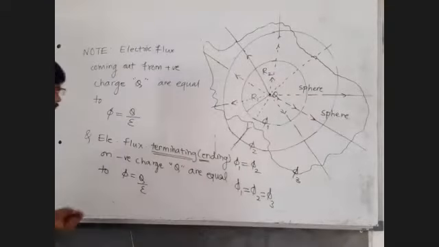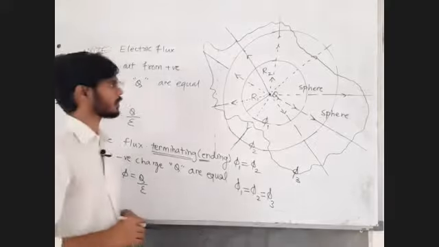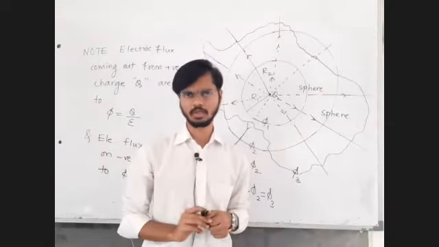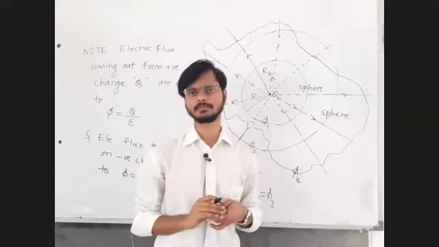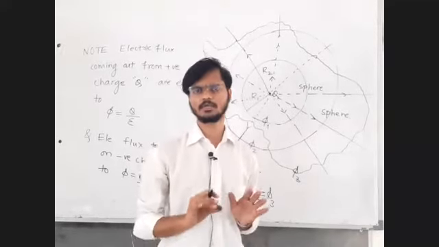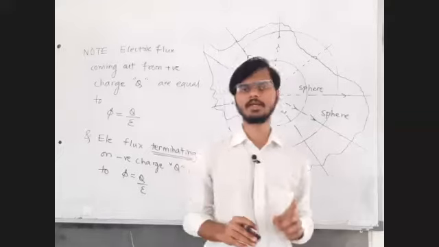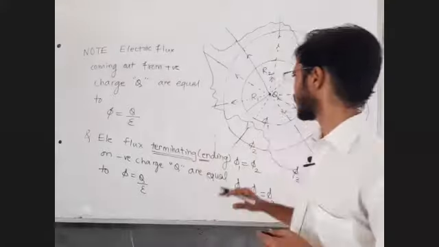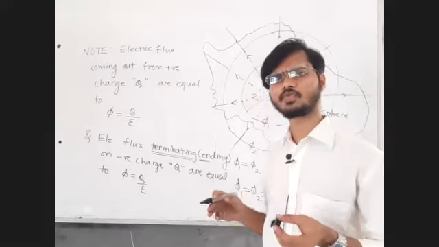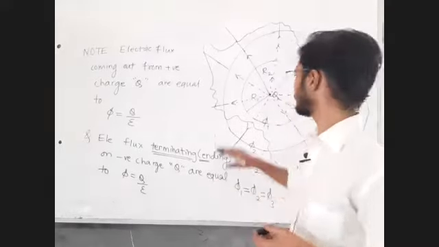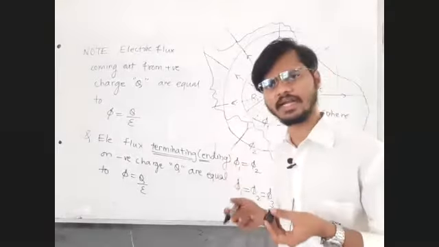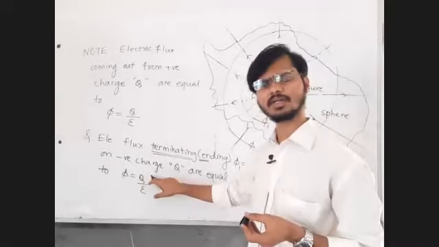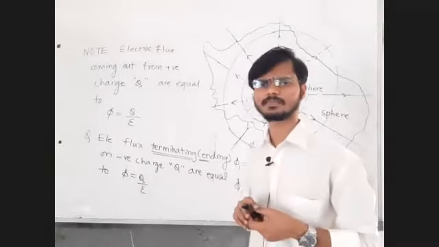Fine. Numerical value is going to be the same. If it is a positive charge, flux is positive. If it is a negative charge, flux is negative. Electric flux is a scalar quantity. It can be positive, it can be negative, it can be zero. If the total enclosed charge is positive, the flux is coming out. If the total enclosed charge is negative, flux is also negative. Charge is -3, put minus. Charge is +3, put +3.